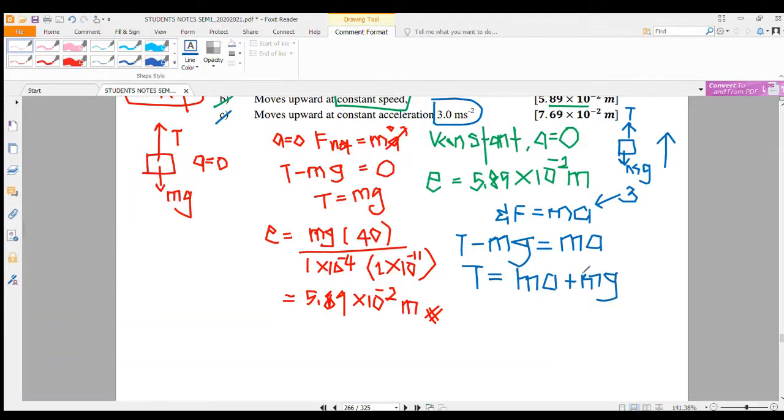Okay, so calculate what is the tension. The tension that you will get is 38.430 Newton. Then you substitute into the equation where elongation equals to tension. So now your tension no longer equals to mg, because our acceleration is not equal to zero anymore. Our acceleration is equal to 3, not 0. So you substitute inside